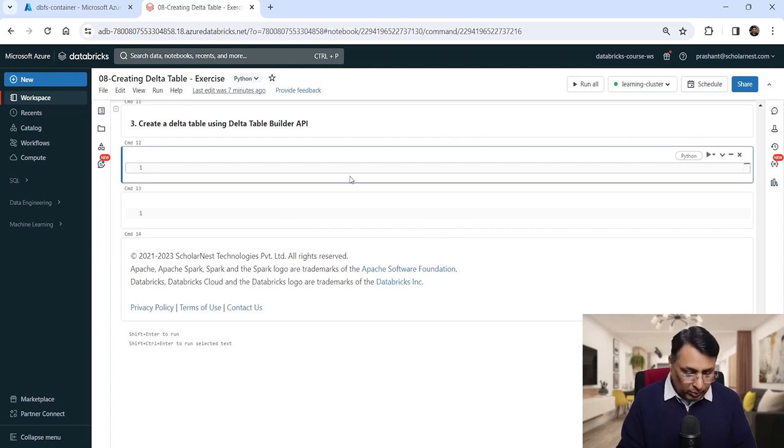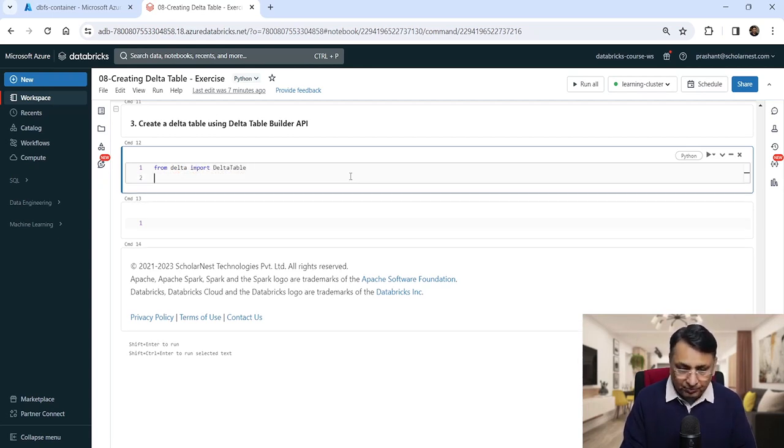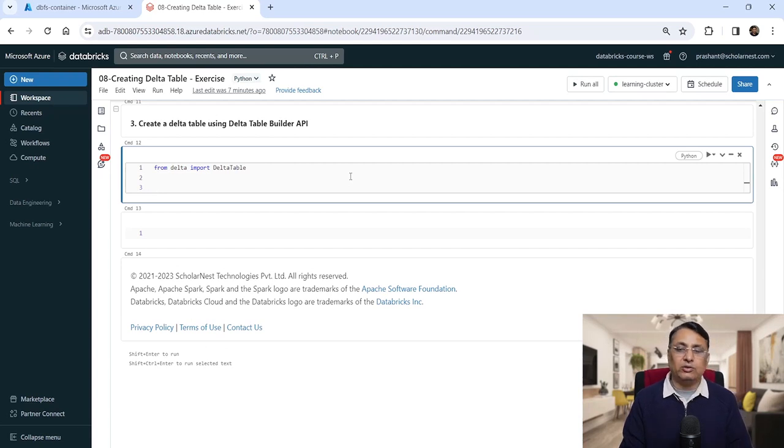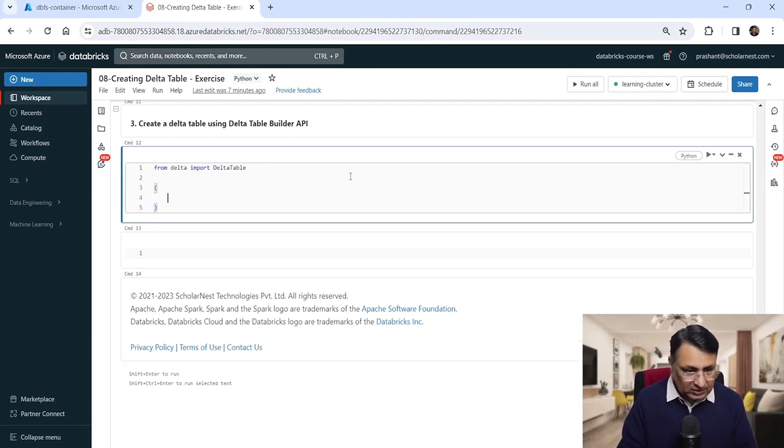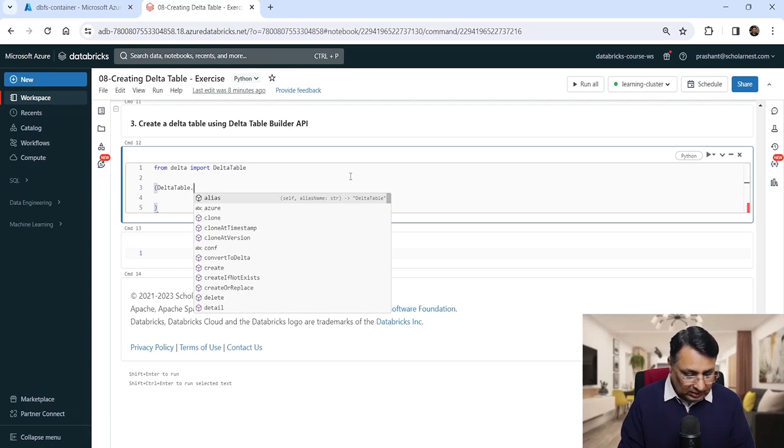We have to import the delta table object. So let me do it: from delta import delta table, and this is the object which we can use to create our delta tables using delta lake APIs or delta table builder APIs. So let me put a parenthesis here. I'll write my code inside this, and we start with the delta table and then dot,